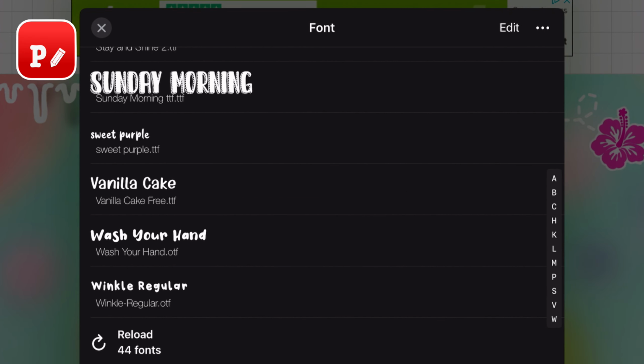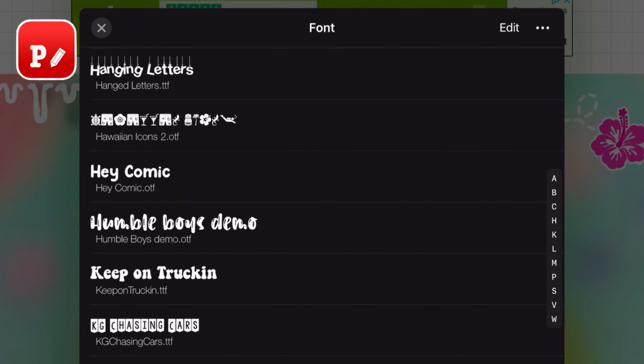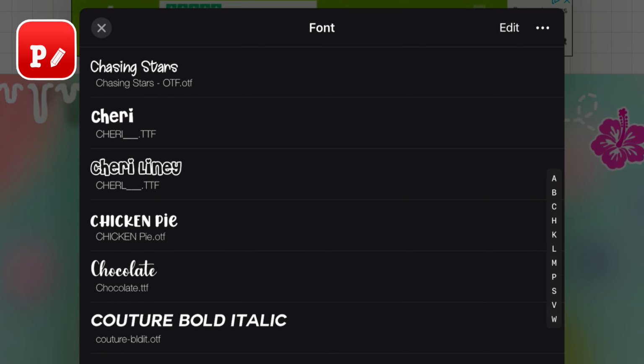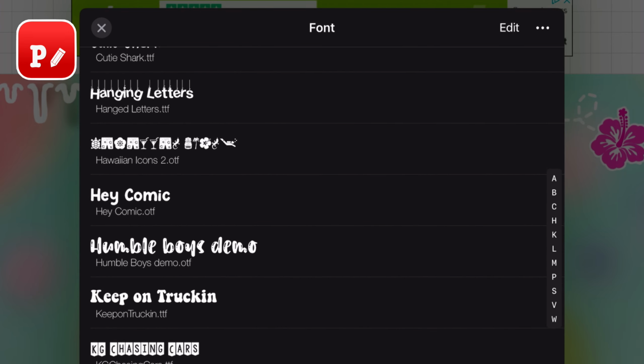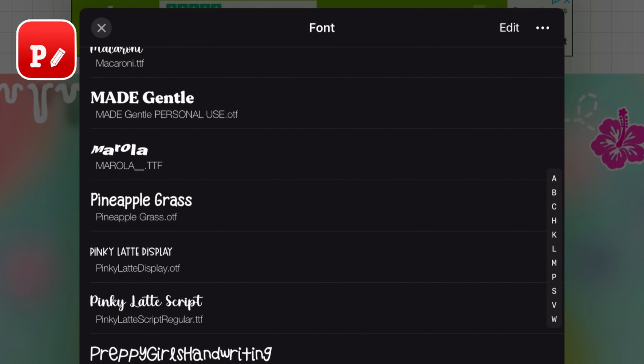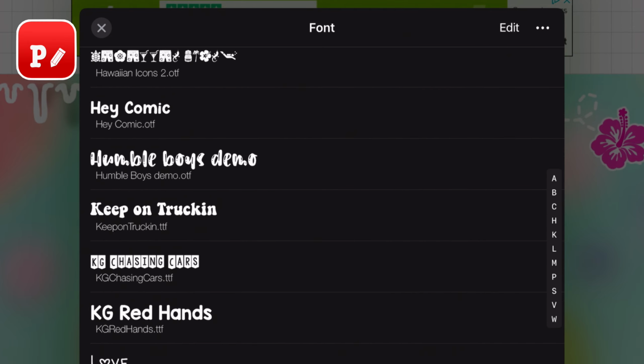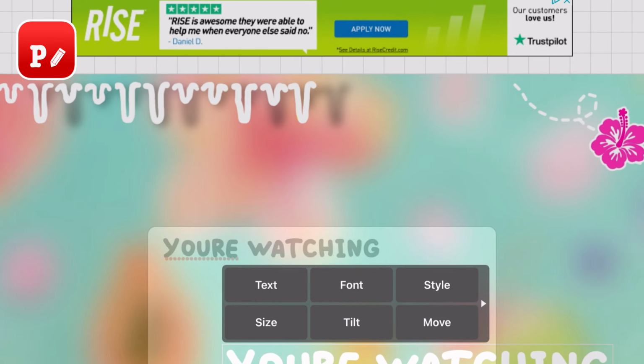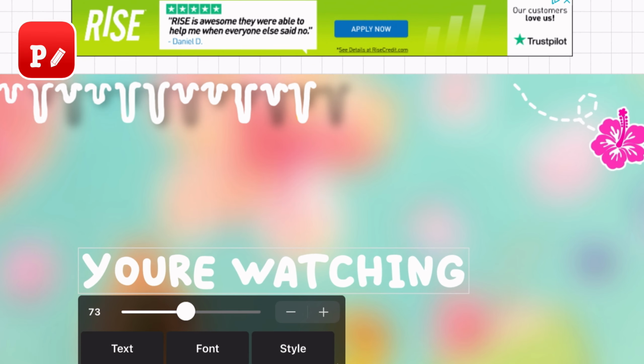If you want a tutorial on how to get these fonts, then you can just search up how to get and download fonts from DaFont, and then you just search it in the app and you can copy the text and you can get any of these fonts that I have. I use a lot of these for my thumbnails as well. I think I am going to pick Black Bubble for this font, so I'm just going to put you're watching